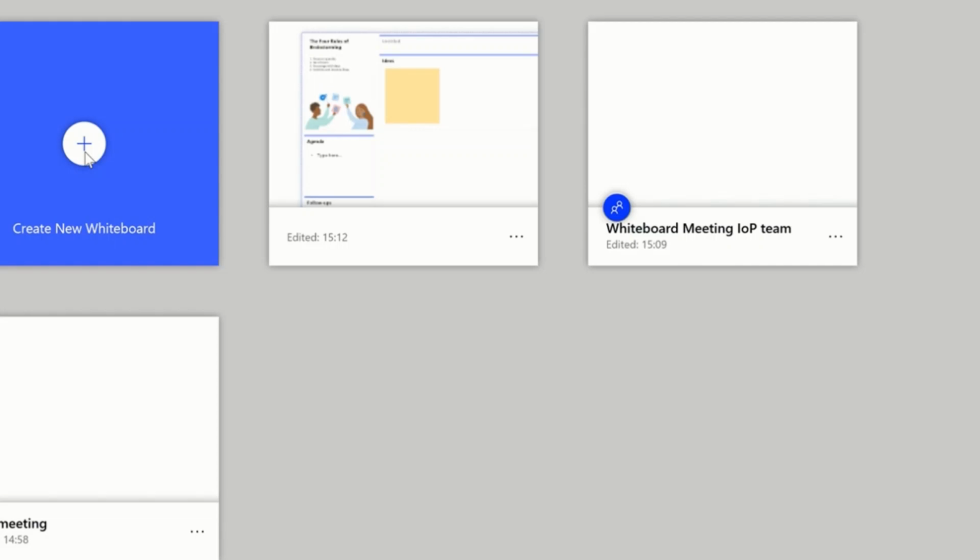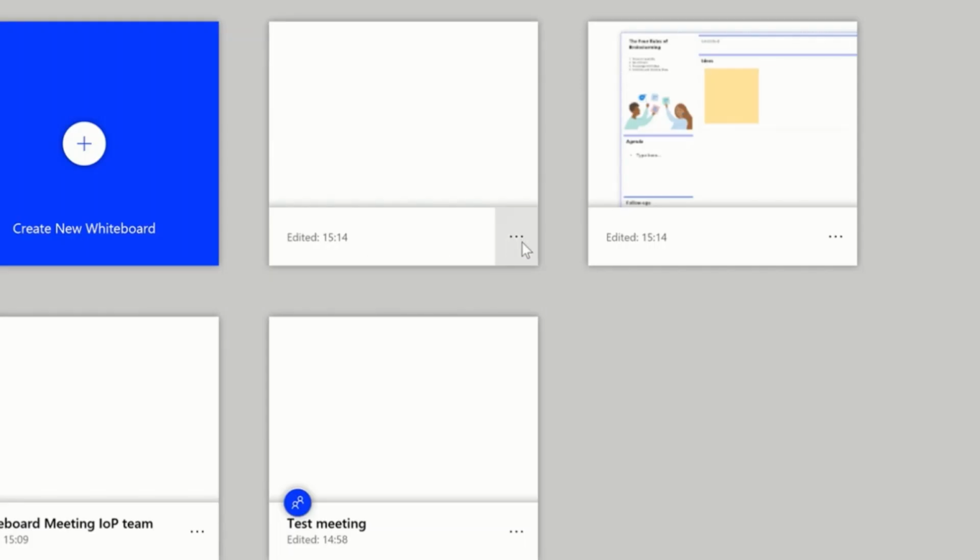Okay, so let's suppose you want to use a whiteboard with your class that is just read-only. How might you be able to do that? Well, you can create a new whiteboard, and then if you click on this option at the top here, you can invite your pupils to do that. If you already have a whiteboard that's created, like this one here, you can name it there. So you could say S4 whiteboard